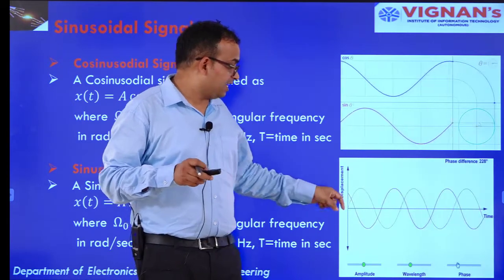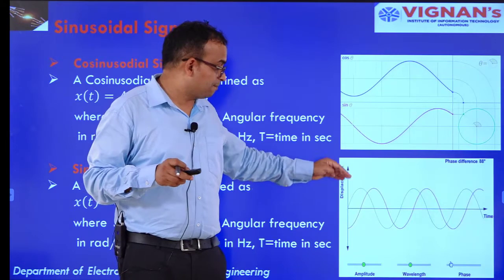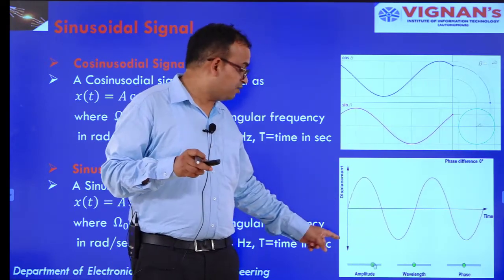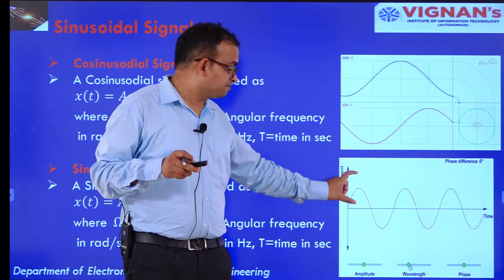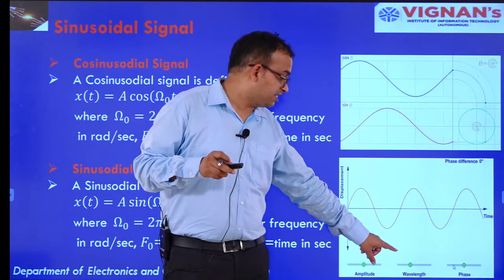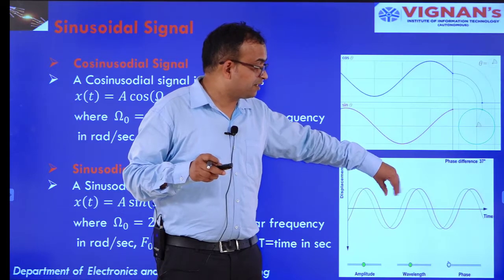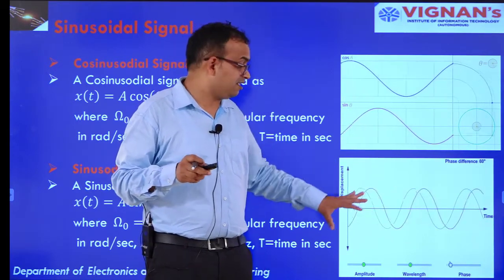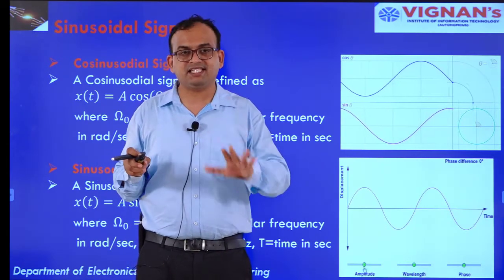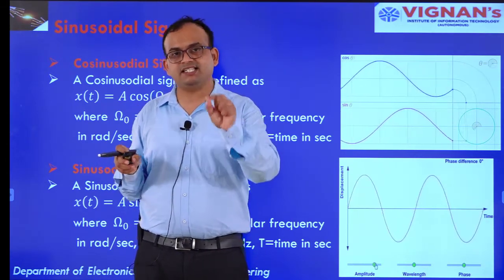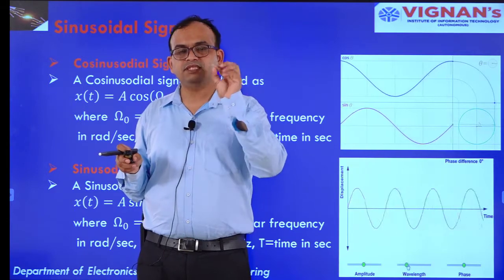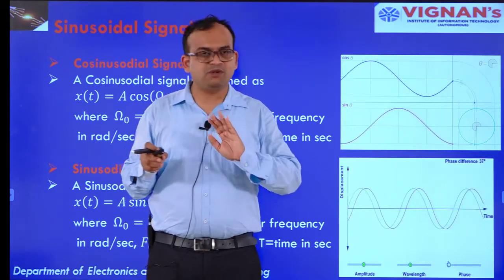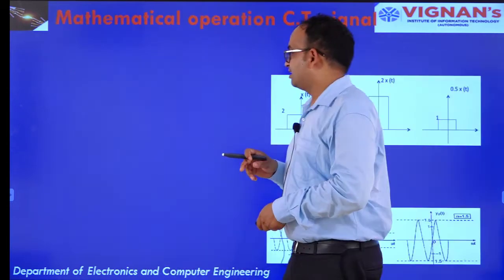Similarly, if we want to know the amplitude, the wavelength, the phase, you can see this diagram. If I am decreasing the amplitude, this value is decreasing. If I am decreasing the wavelength, the frequency will increase. Similarly, phase also you can increase or decrease. So these are the three main parameters of any sinusoidal signal. Remember these things: amplitude, frequency and phase. These things we have already discussed in the previous classes.